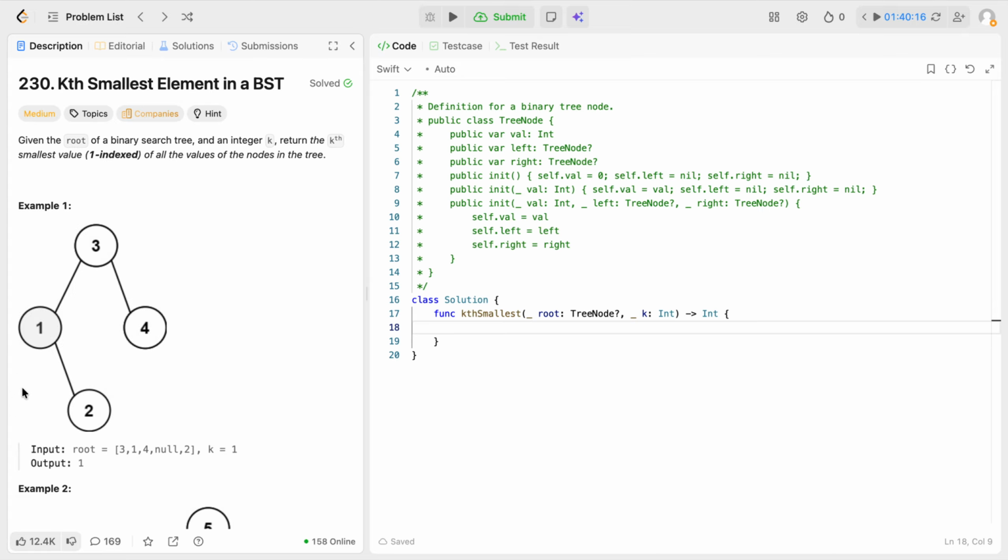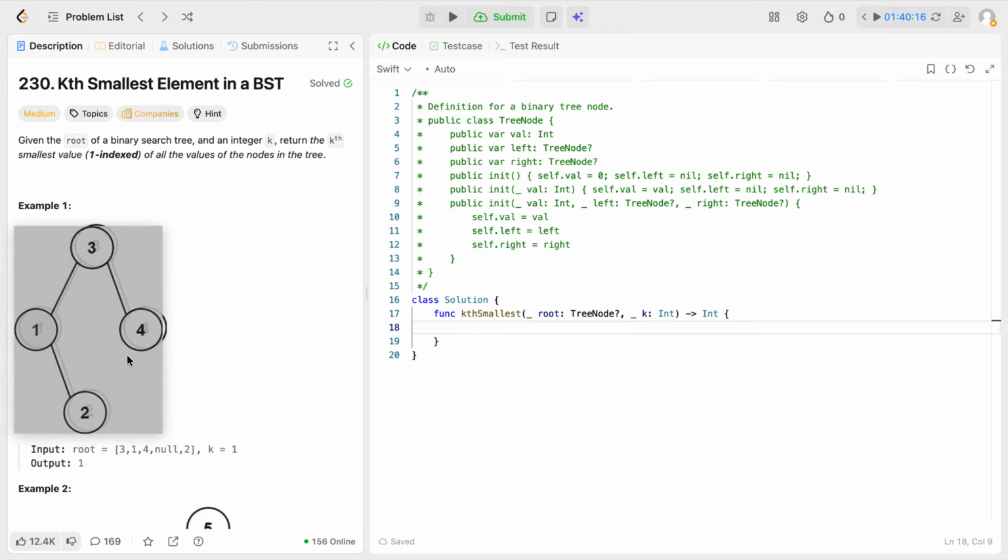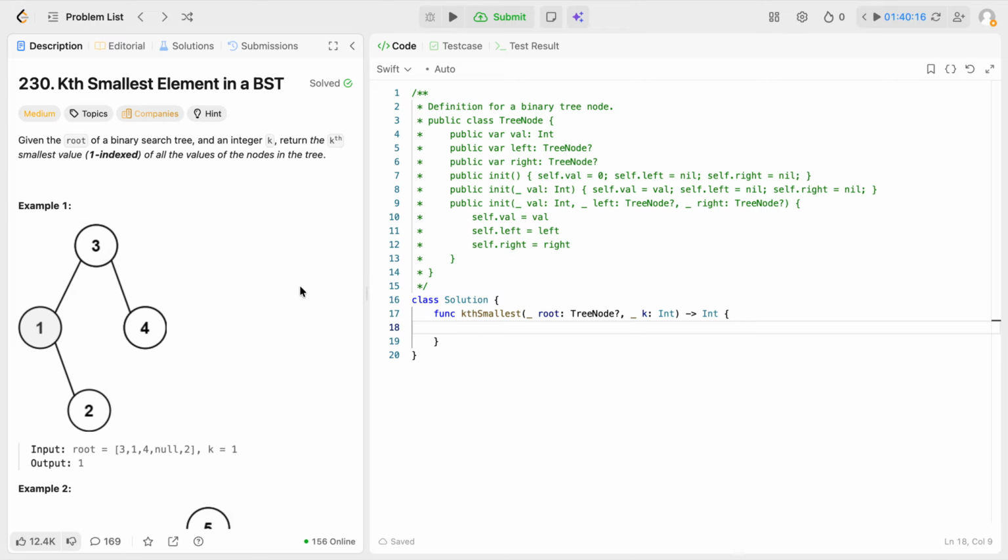If we were to go ahead with that array approach, we just go left, root, right, and add it to a list with a helper method. We call that list, and k is 1 indexed, so it's starting at 1, I believe. As a clarification, I should probably ask what the constraints on k are. I'm assuming k can only be within this range. Another good thing to clarify. We just add them to the list and then take the list and do k minus 1. So if I were to write this out,